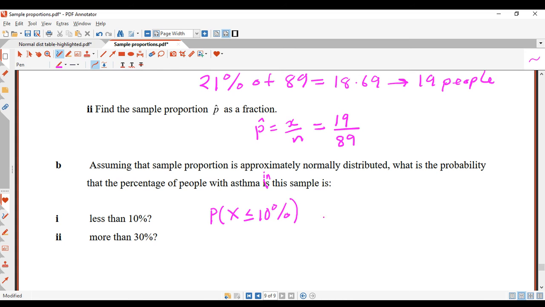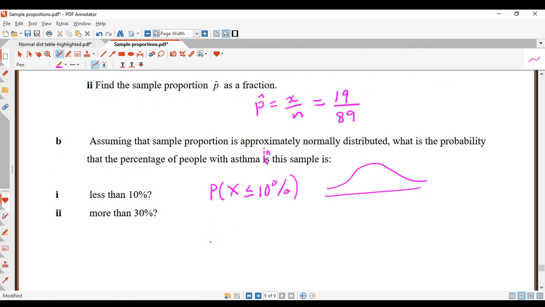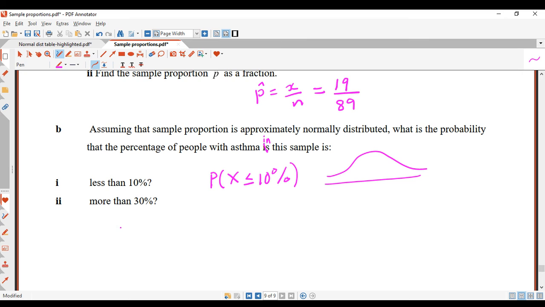Now it says assume that we've got a normal distribution. We do have a table of values for the standardized normal distribution, which means Z scores. We need to convert the X random variable to a Z score. So that's what we're going to do first. For our solution, we need to work out our Z score. So that's going to be 10%,